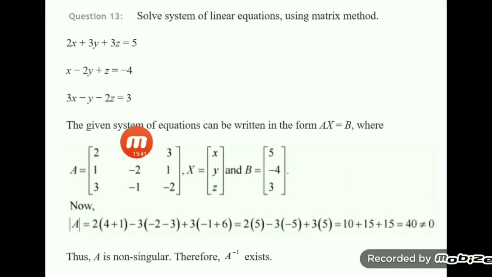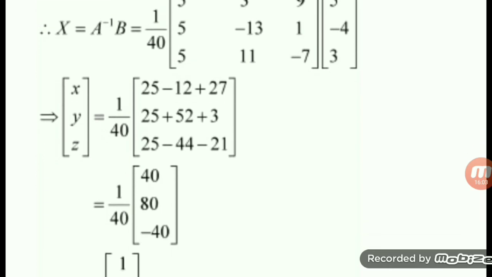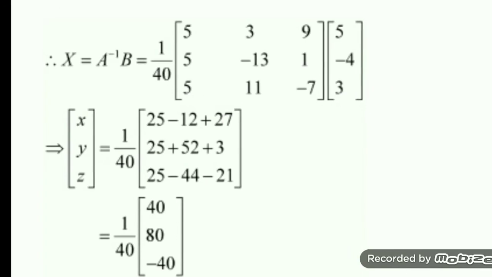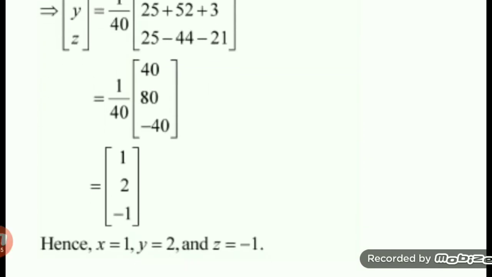Here you can do the calculation yourself and compare with this. Okay, so here I have written this A value, x, and this determinant value calculated, not equal to 0, so the inverse exists. After that, I have done the calculation for the inverse, that is the adjoint. Cofactors I have calculated, put it in the adjoint, and then x is given by what? A inverse of B. And what is A inverse of B? I have just substituted, doing the calculation, we got it. And when you divide by 2, the values will be 1, 2, minus 1 for z. Okay, so this is done. You can do it yourself.